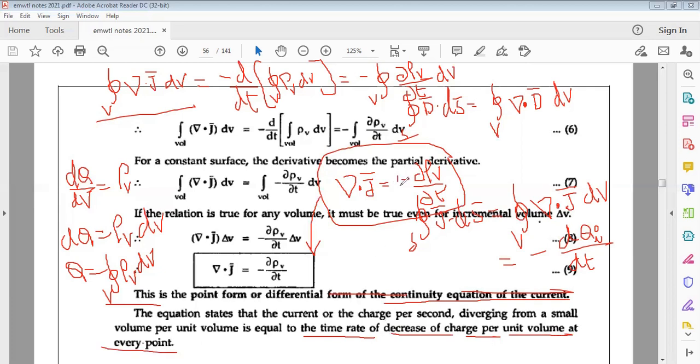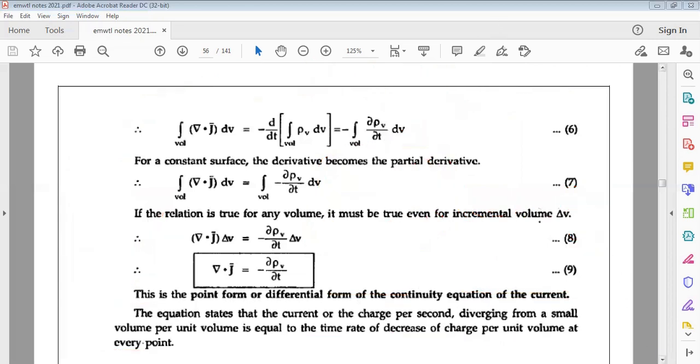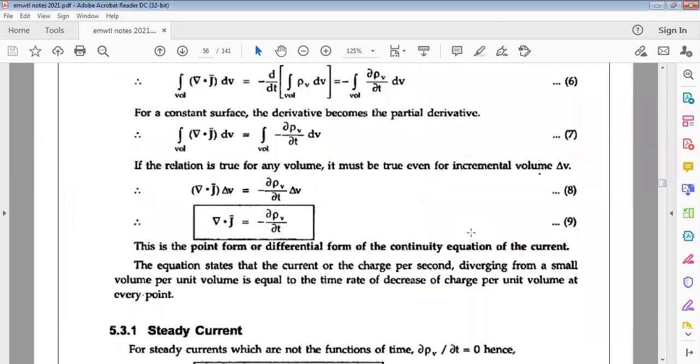The decrease is indicated by the negative sign here. The time rate of decrease of charge per unit volume at every point. Okay, this is a very important matter, students. The continuity equation. Now,